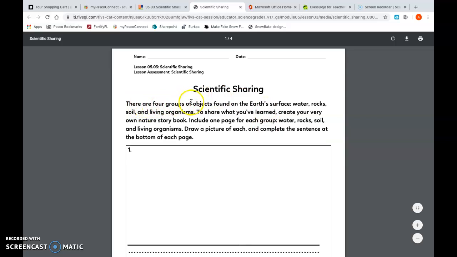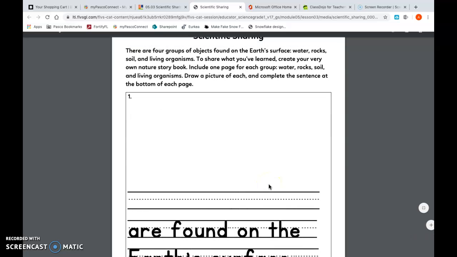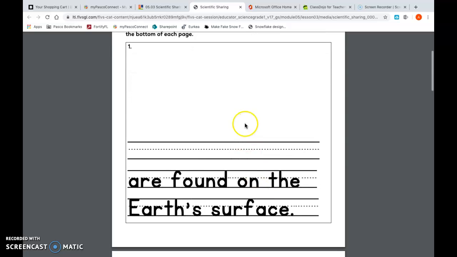It says there are 4 groups of objects found on Earth's surface: water, rock, soil, and living organisms. To share what you've learned, create your very own nature storybook. Include 1 page for each group: water, rocks, soil, and living organisms. Draw a picture of each and complete a sentence at the bottom of each page. So for number 1,